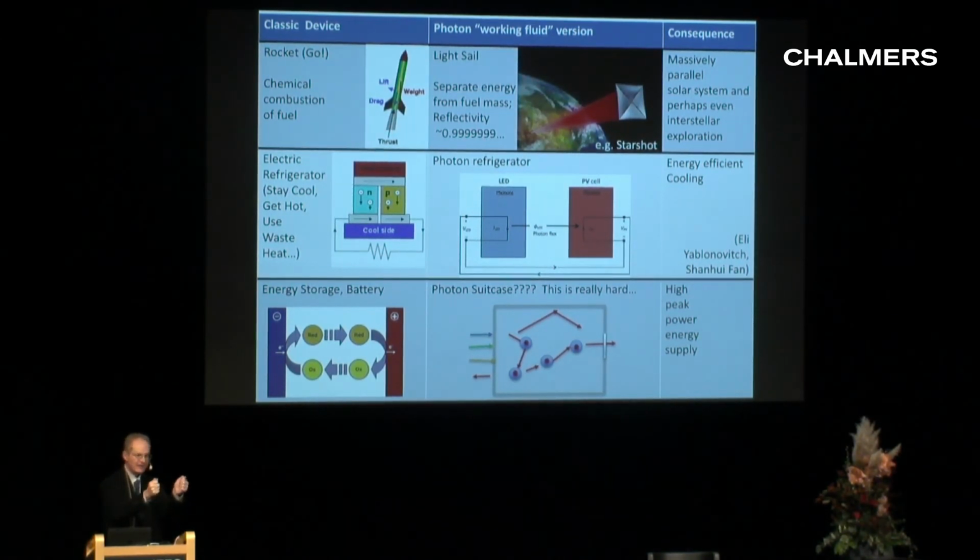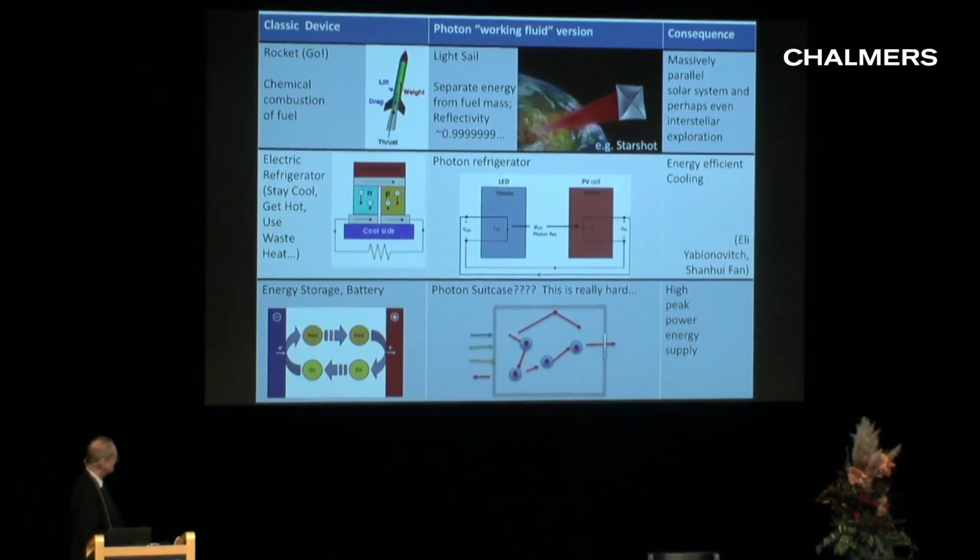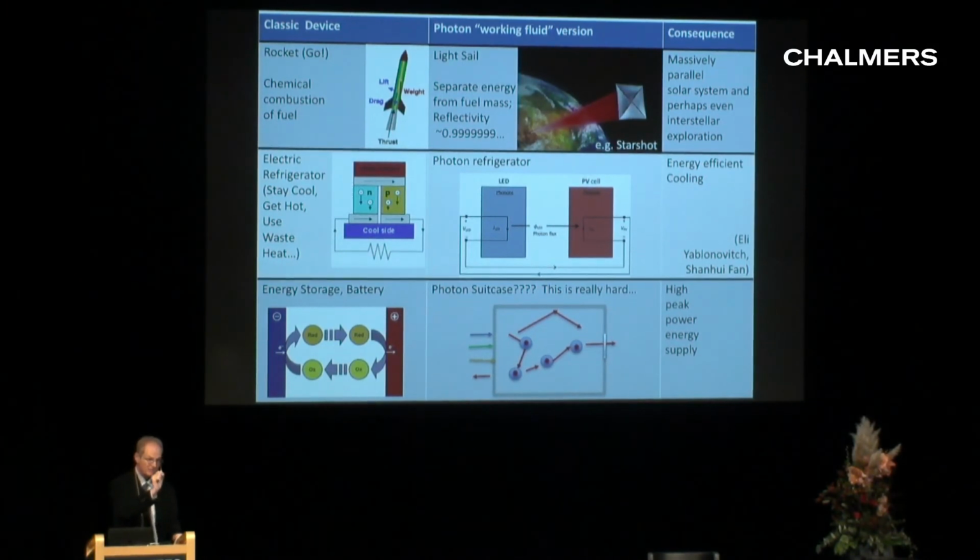Well, imagine that I take that OLED, and now this is what has been taught to me by my colleague Eli Yablonovitch at Berkeley and by Shanhui Fan at Stanford. Imagine now that I have an LED, but I make the voltage just a little bit too low. But it's sitting there at room temperature, so there are thermal excitations, there are phonons. So every so often, it will in fact emit light because it got the energy from the environment,